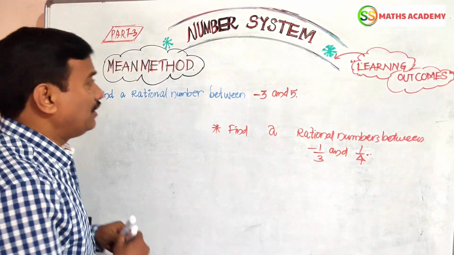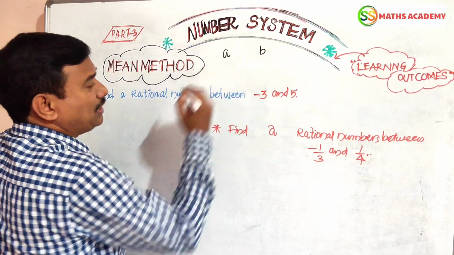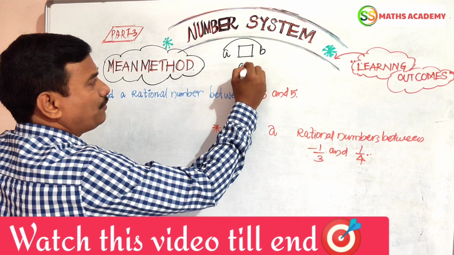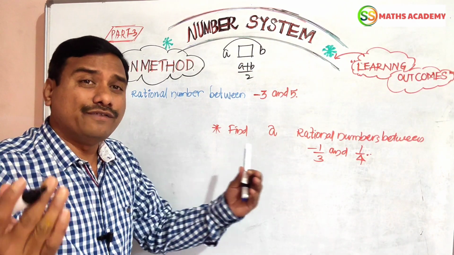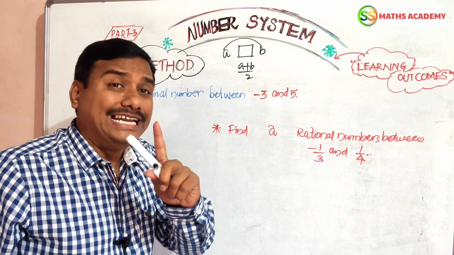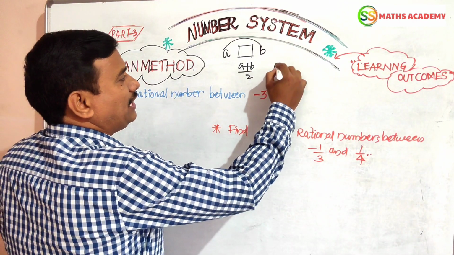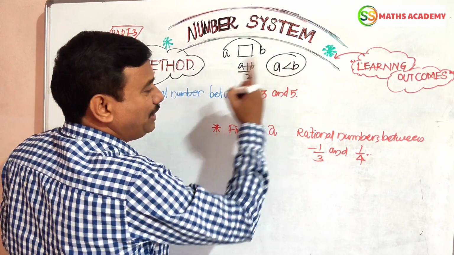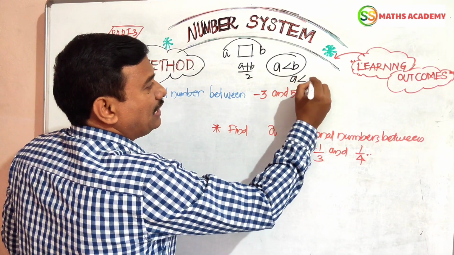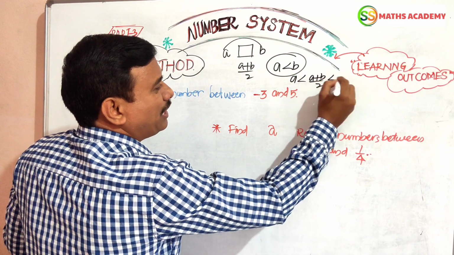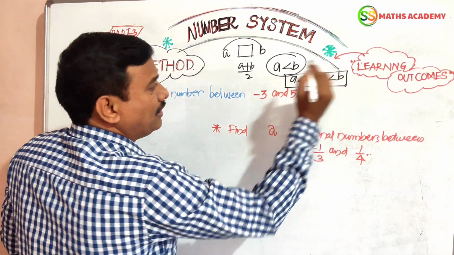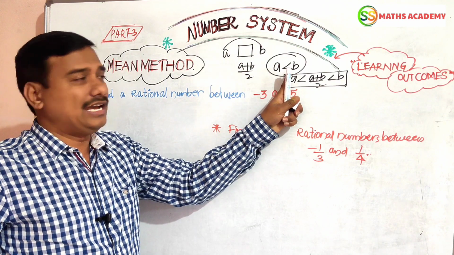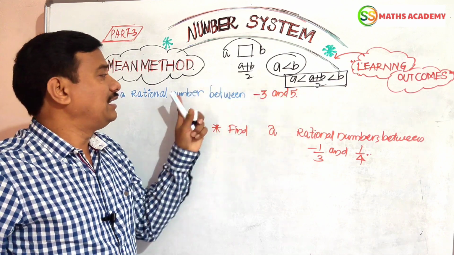Let us see that mean method, friends. For example, A and B are any two rational numbers. Between them I have to find one rational number. Simple. The average of these two numbers gives one middle rational number. Here A must be less than B, compulsory. The first number must be less than B. We can write A less than the middle number (A plus B) by 2 less than B. This is very important, friends. If the question consists of any two numbers, the first number must be less than the second number, and we should find any rational number by using (A plus B) by 2.